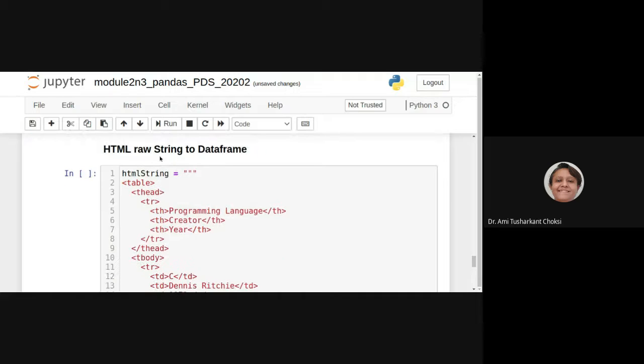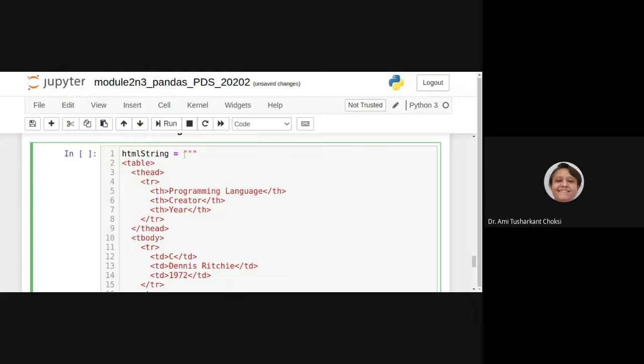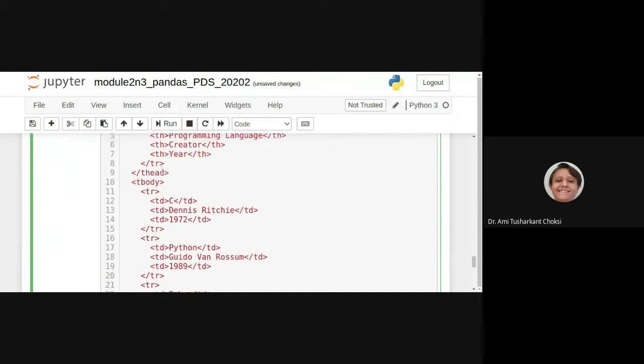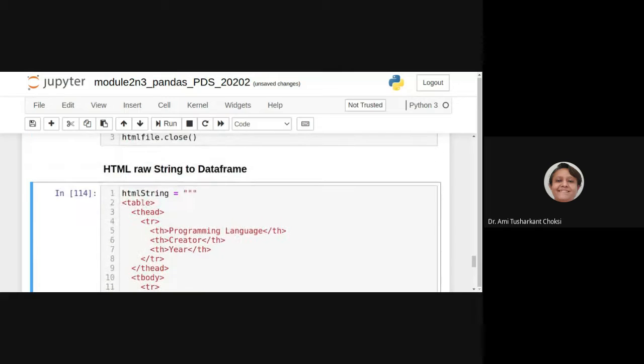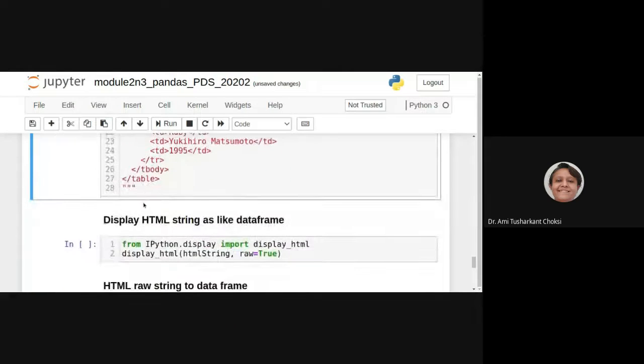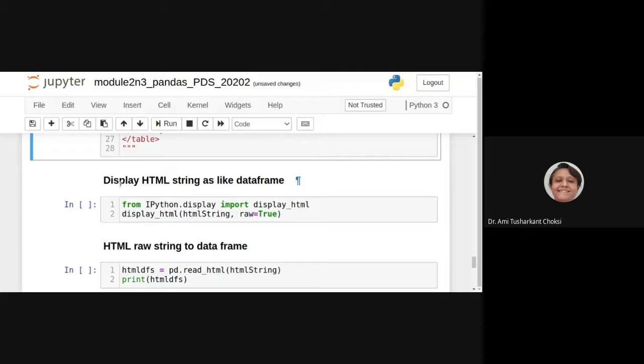So now HTML raw string to data frame. Now here the string is given. This is a multi-line string, so we are giving 3 quotes. The HTML text we are giving, and then the closing quotes, right? This is the string only, right? Multi-line string is being defined, that is using the HTML string, right? Now what we are doing is display the HTML string like a data frame.